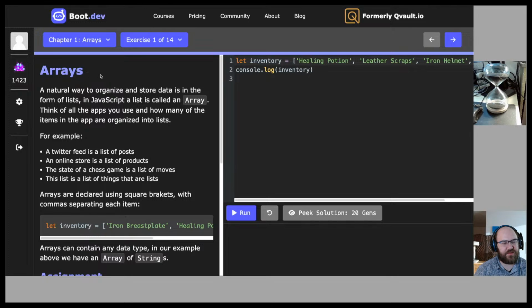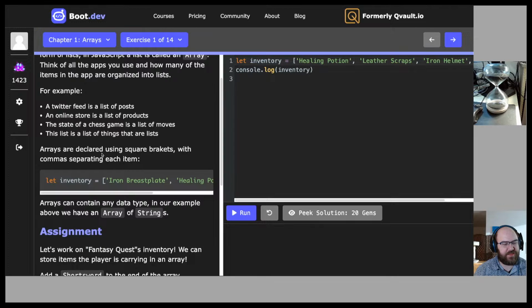So, getting into arrays. From this course: a natural way to organize and store data is in the form of lists. In JavaScript, a list is called an array. Think of all the apps you use and how many of the items in the app are organized into lists. For example, a Twitter feed is a list of posts, an online store is a list of products, the state of a chess game is a list of moves. This list is a list of things that are lists. That's kind of cute. Arrays are declared using square brackets with commas separating each item. let inventory = ["iron breastplate", "healing potion", "leather scraps"